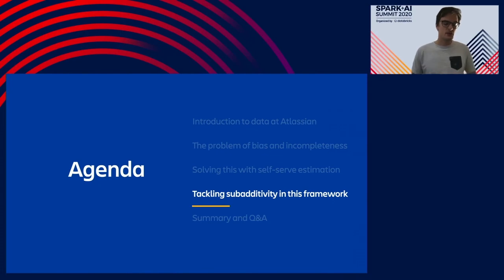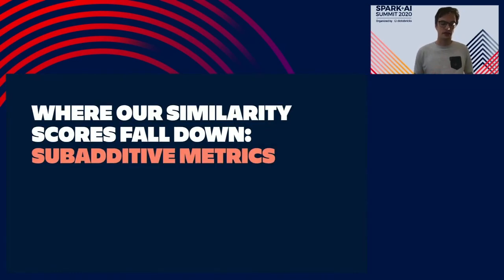Because everything we spoke about in the past falls down when metrics aren't affine or additive. What's a good example of a metric like this? Monthly active users, or as it's often known, MAU. The distinct count of people using a product set or a set of products, or maybe some functionality within them for a given window of time. So it might be DAU or WAU or basically anything else as well.